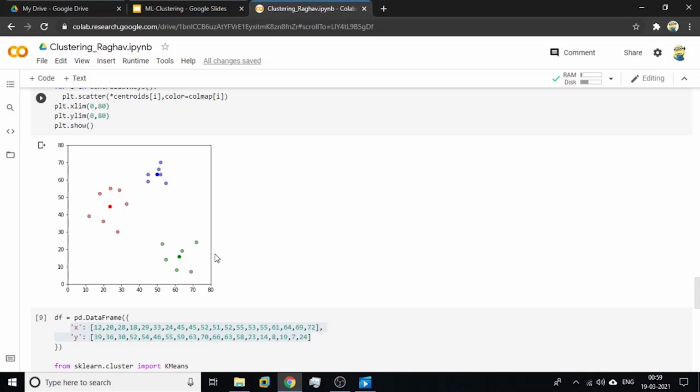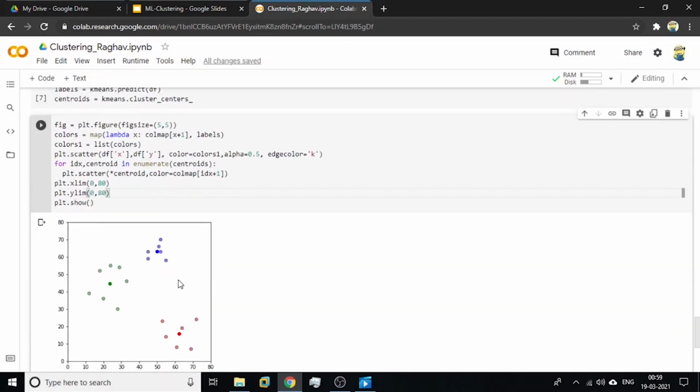Take note that the k-means clustering algorithm is very sensitive to scale, due to its reliance on Euclidean distance. In 2D, Euclidean distance is just the normal distance, like in that example. It is the square root of a squared plus b squared: the difference in one coordinate squared plus the difference in the other squared, under a root.